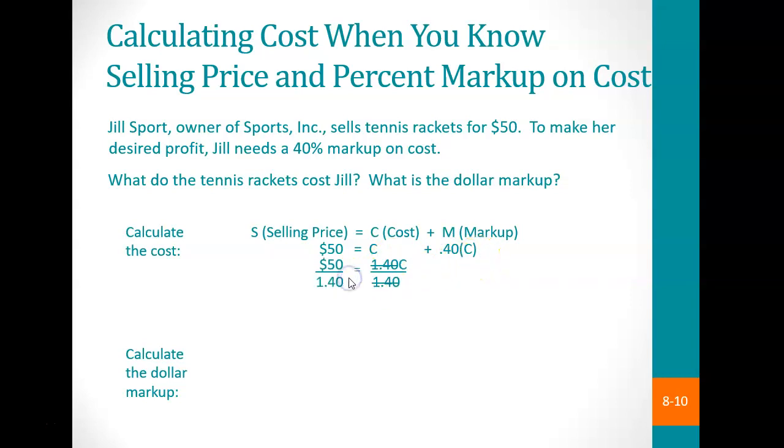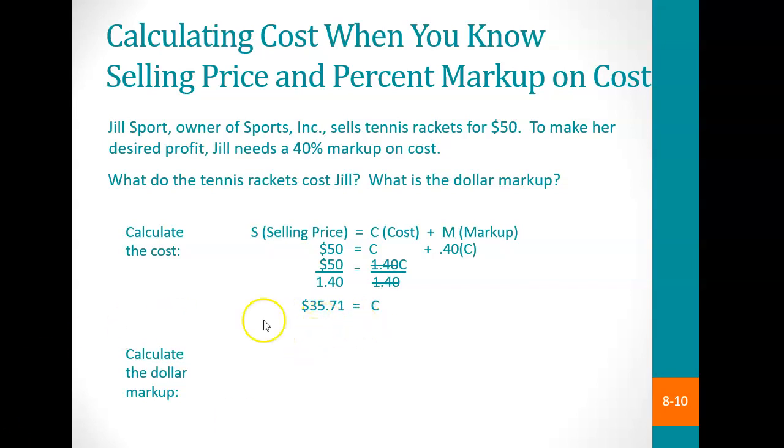So from an algebraic standpoint, we have 50 equals 1.40 times C, because we're combining the cost plus the markup. So we're saying the selling price equals 140% of the cost. In order to solve for the cost, we're going to divide the selling price by 1.40, which is 140% as a decimal, and that would give us a cost of